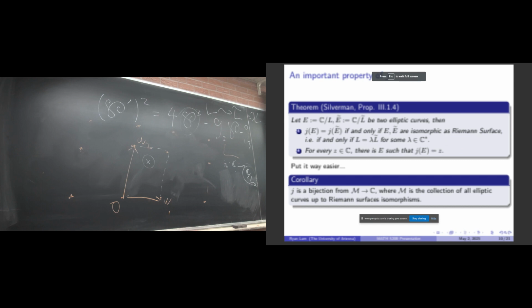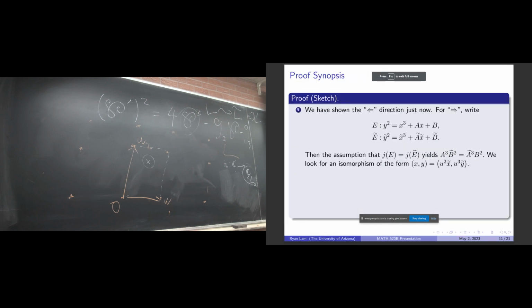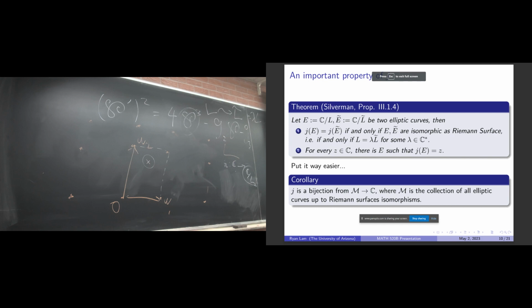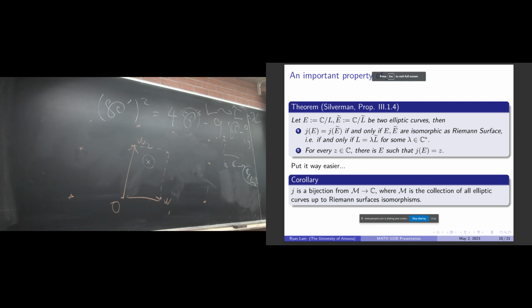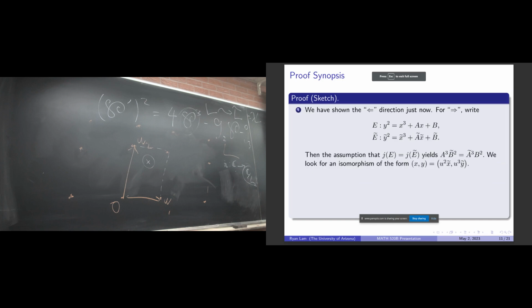Okay, so for one, we actually have shown the leftward direction. That is, if they are isomorphic, then the j-invariant isn't changed, just by the scaling argument that we did before. And for the second, we need to do the other direction, which is to assume that the j-invariants are the same. So let's just throw out two elliptic curves and assume the j-invariants are the same. Then we just compute the j-invariant and we get this relation. Now we are looking for an isomorphism of the form x = u squared x tilde, y = u cubed y tilde,